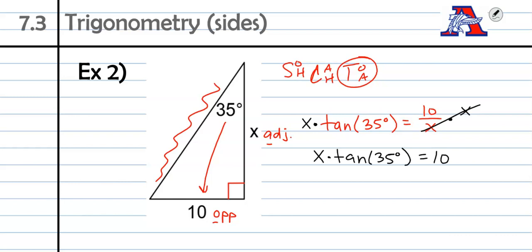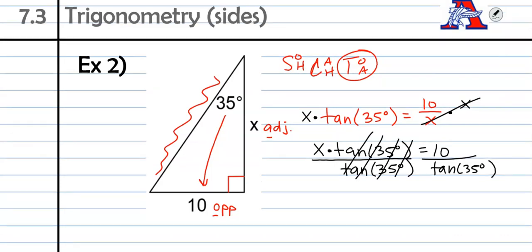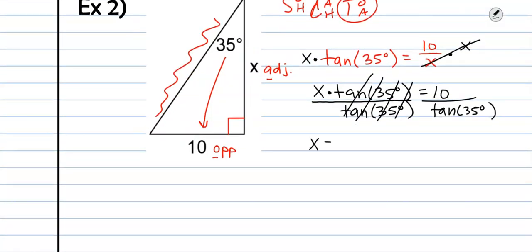Now remember the goal is to get x by itself. So think about that for a second. Right now we have x times tangent of 35 equals 10. If you want to get x by itself, you need to undo tangent of 35. Okay, it looks really bad, but it's really pretty easy. Opposite of multiply by tan 35 is divide by tangent of 35. Whatever you do to one side of an equation, you should also do to the other. Okay, once you do that, that allows you to get rid of the tangent 35 from the left side. So we're left with x equals 10 divided by tangent of 35,